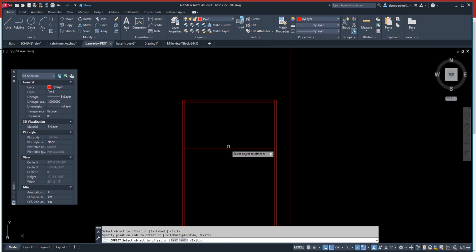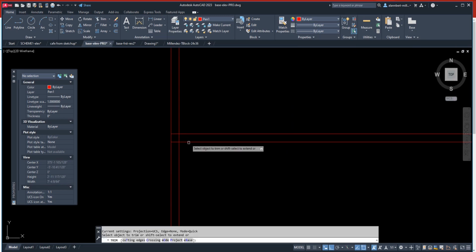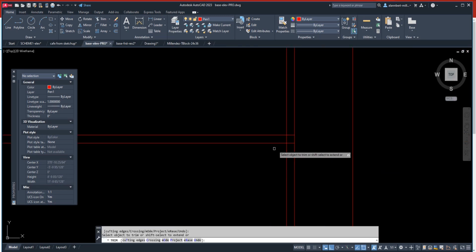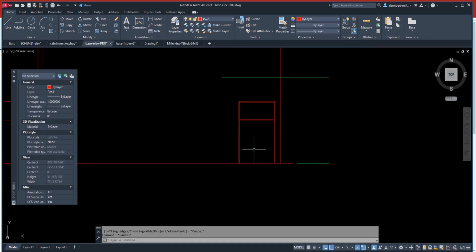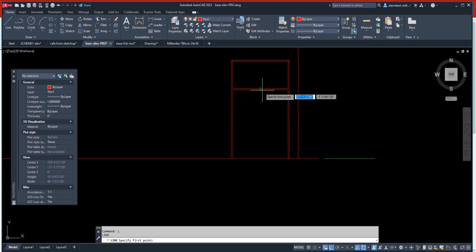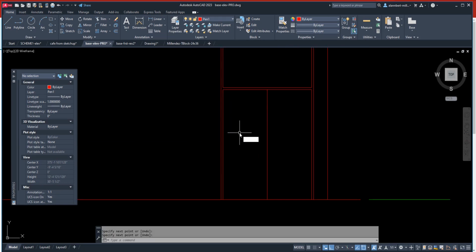Okay, and this one, the top of the door must be offset upwards. All right, and then we're going to now trim and then do a line and then trim again. So the styles of the door usually around 6 inches,